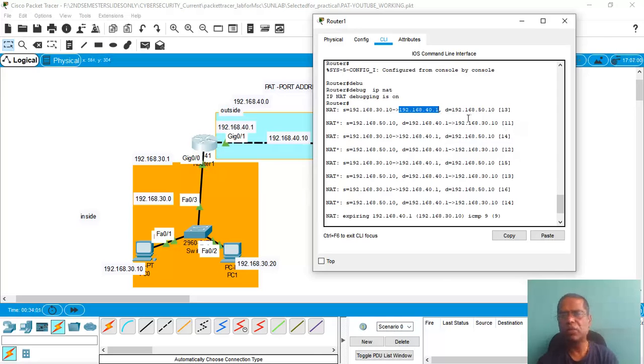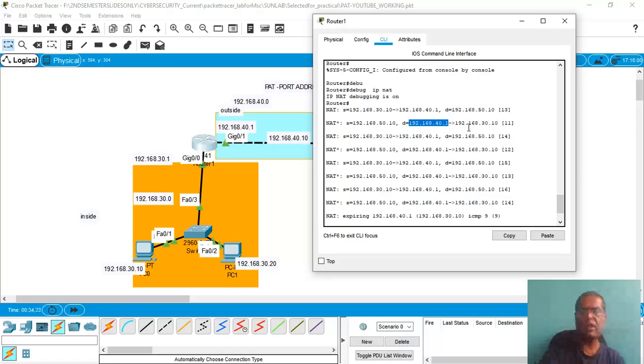In the same way, while returning the reply from 192.168.50.10, the source is 192.168.50.10 and the destination is 192.168.40.1. Now the internal network IP 192.168.30.10 is hidden, right?